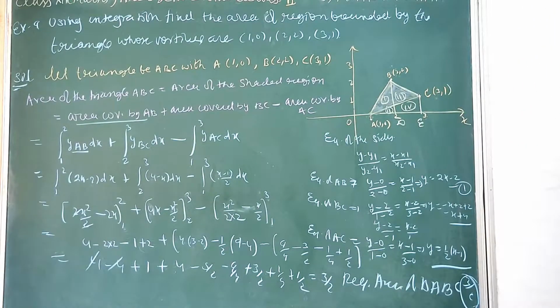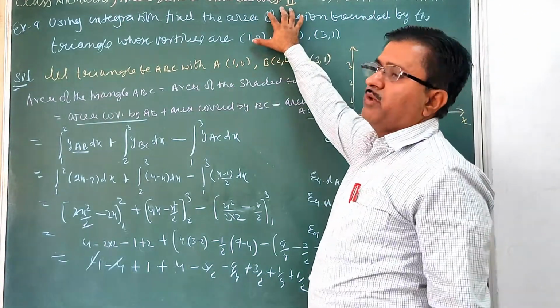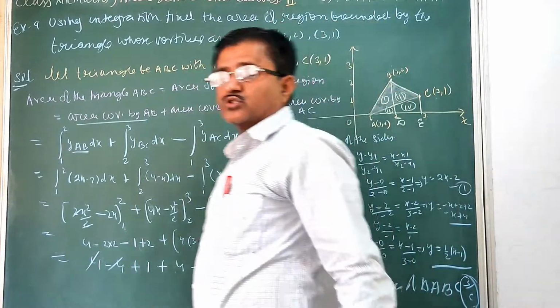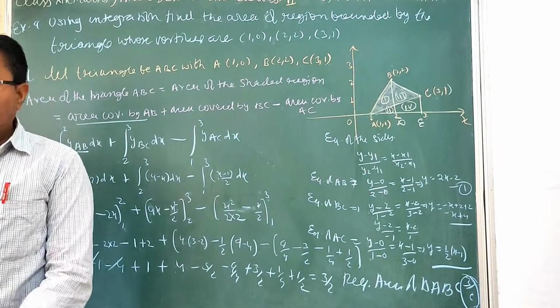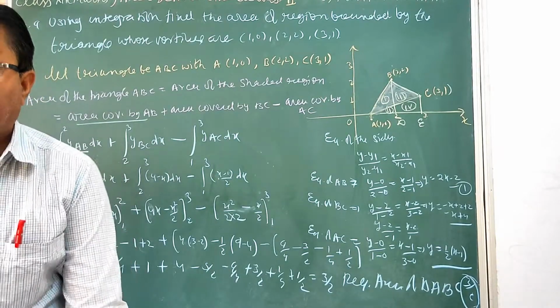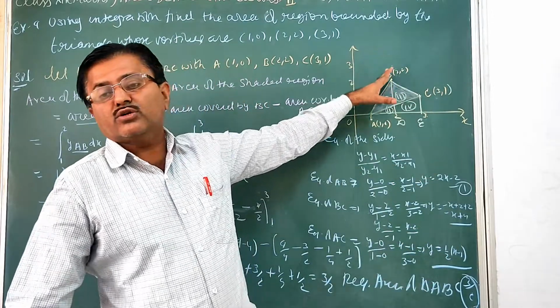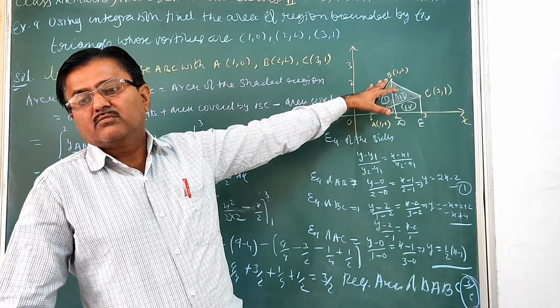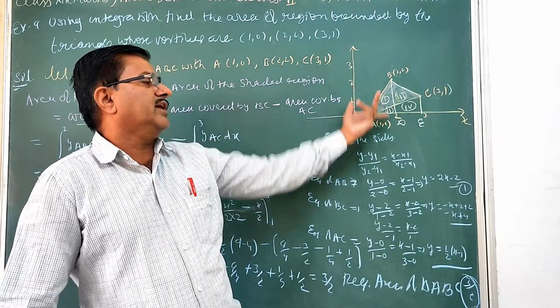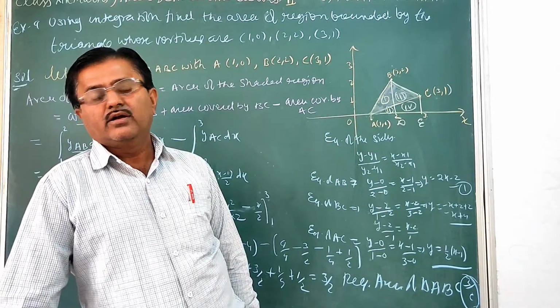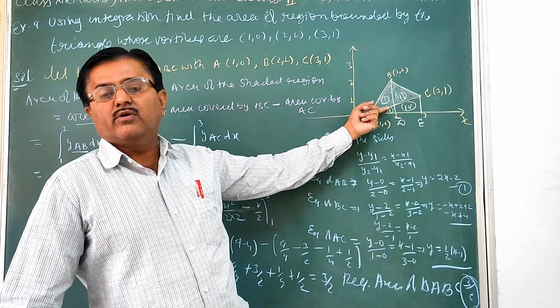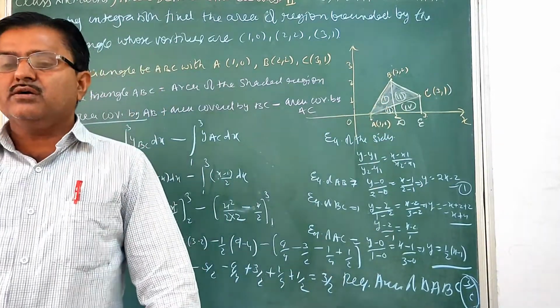So in this way, this is a very important question: how to find the area of a triangle if we are given the vertices of the triangle. Now in some problems they may give the side equations. So if we are given the side equations, then how to find the area of the triangle, that is also important. Like here, if we are given the sides, then you have to find the vertices. Because if we don't know the vertices, then how do we draw the figure? And if we are not drawing the figure, then which area we have to find is not confirmed.